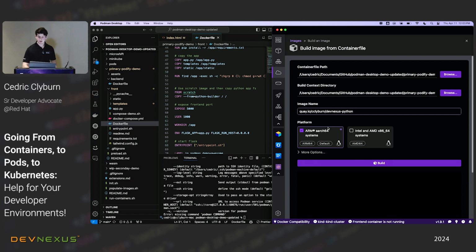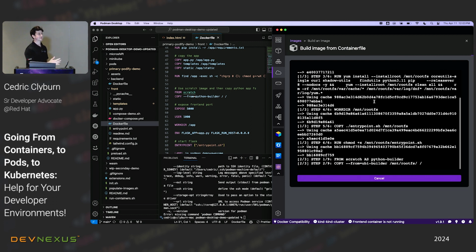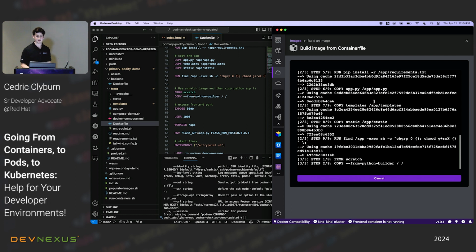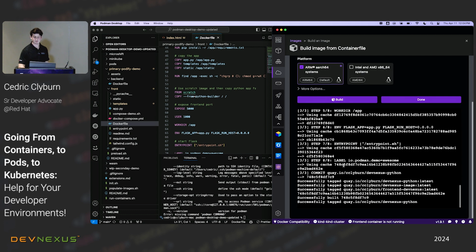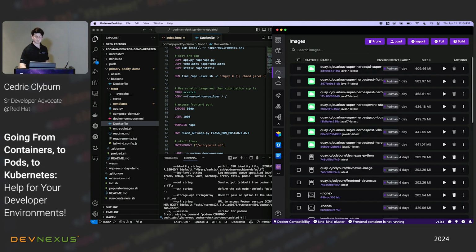Okay, cool. So we'll go ahead and build it for architecture. We see the steps going on there. We're copying in the directory that we're using for the project. We're doing the building of the image, and finally tagging that so that we have the image here once we go back to